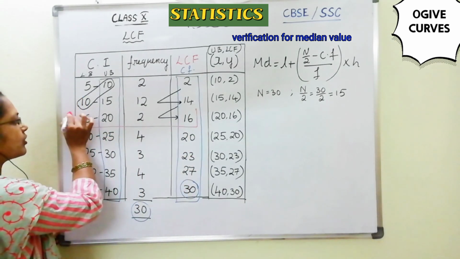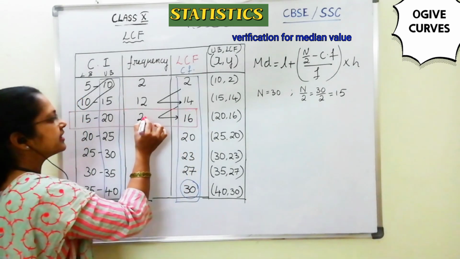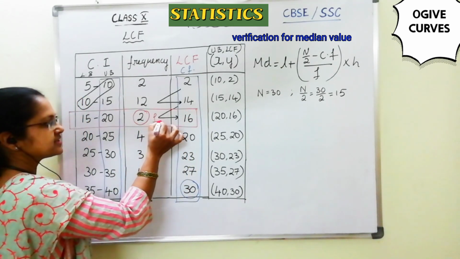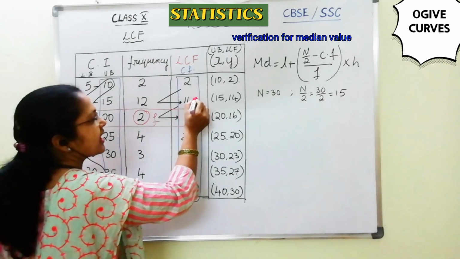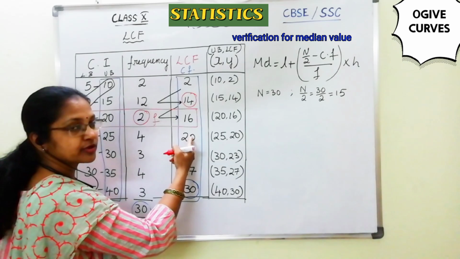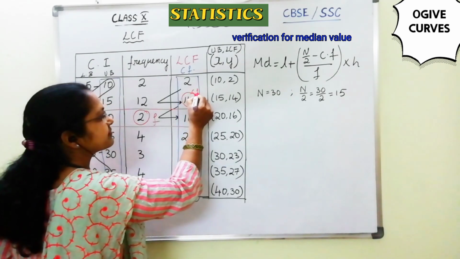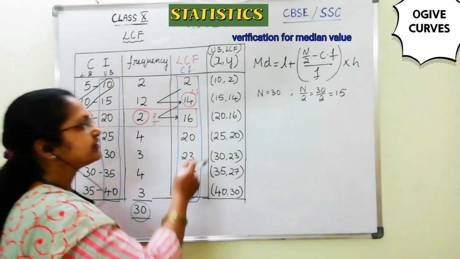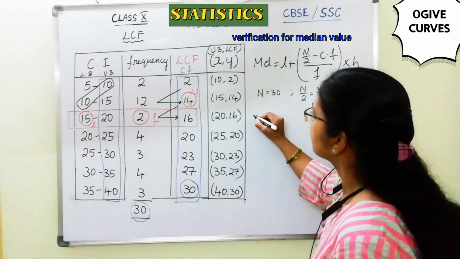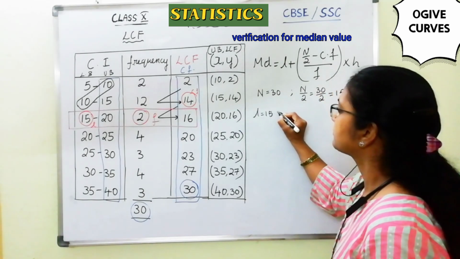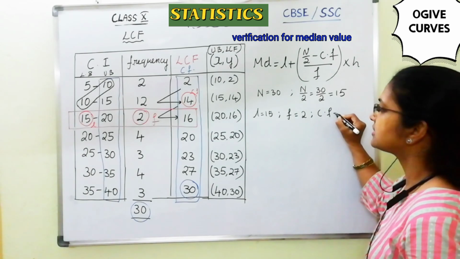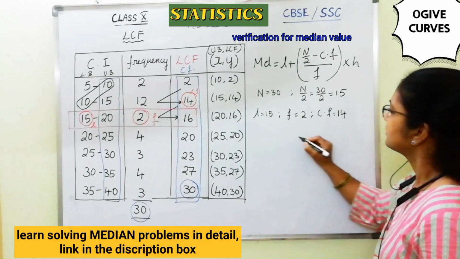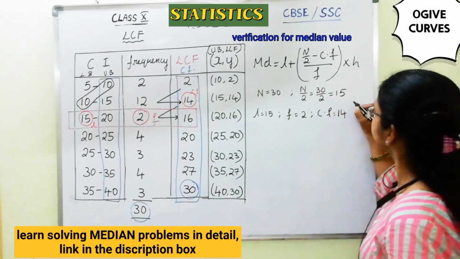So this will be our median class, in which 2 is the frequency, 15 is the L value and the preceding value of cumulative frequencies will be CF. Take the values and substitute them here. L is equal to 15, F is equal to 2, CF is equal to 14, H is equal